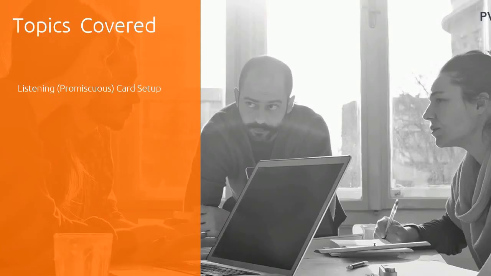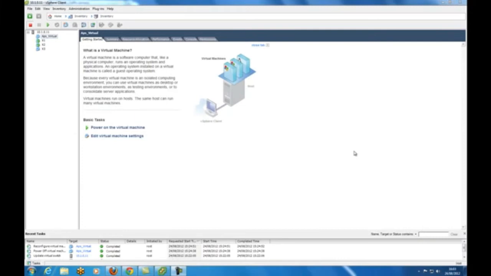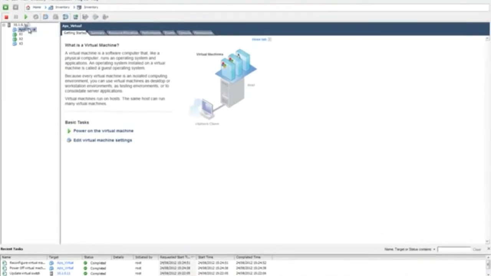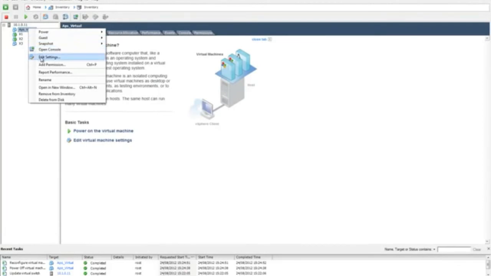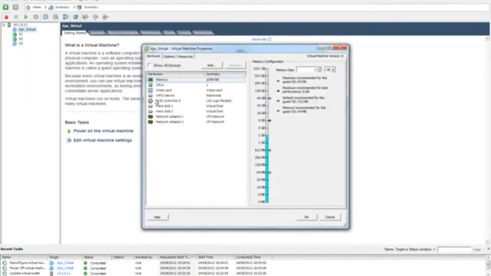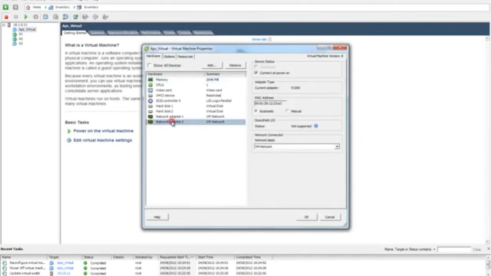Our final step is to configure the listening promiscuous card. So we'll go through that setup now. We now need to add a listening network card. So once we have the virtual appliance, let's right click on it, edit settings, and then by default every virtual appliance has two network interface cards. We're going to select the second one that is dedicated to the listening port or the capture port, and then we select the mirror network that we created before